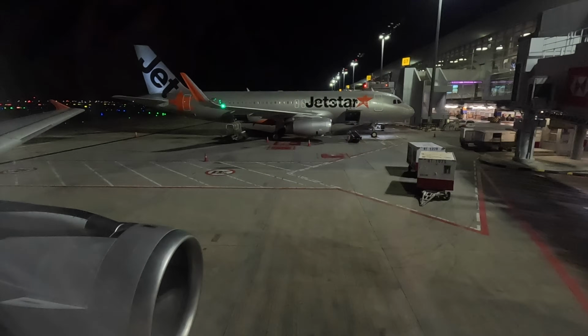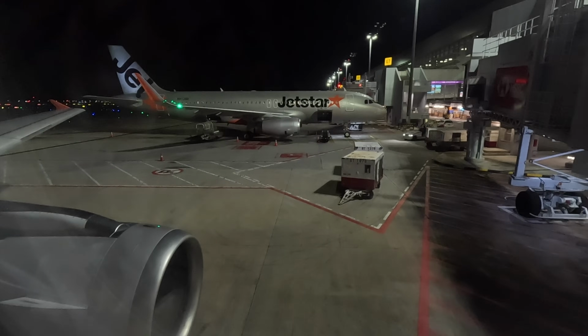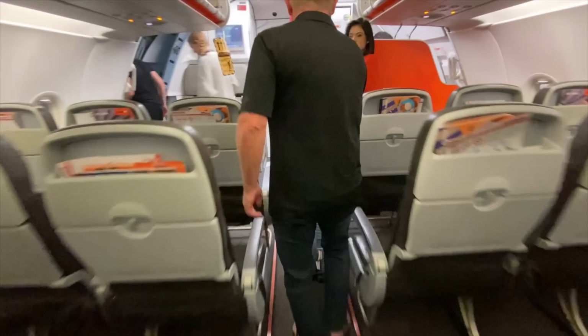After landing, we taxied back to Terminal 4 via Whiskey 7, Victor 8, Victor, Tango, Uniform and Uniform 5. We pulled into Gate 8, an incredible 32 minutes ahead of our scheduled arrival time. As I stepped off the aircraft and into the jet bridge, I thanked the crew for the pleasant flight and